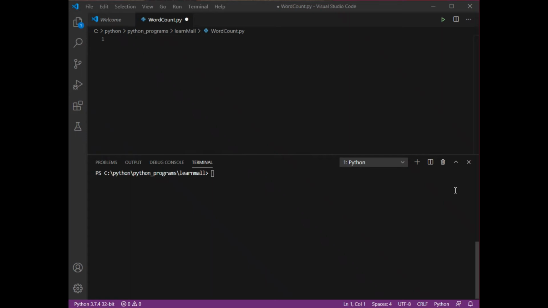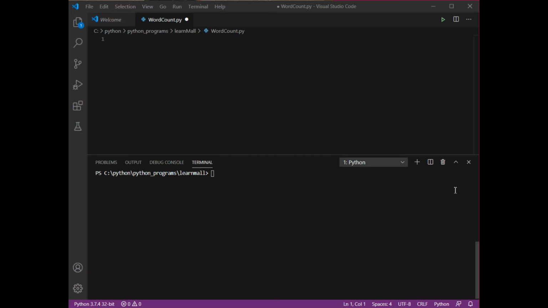I hope you have understood the basic concepts of Python that we have discussed till now. Okay, so now we are going to discuss some of the exercises that are based on the concepts that we did in our previous lessons. So first of all, we are going to discuss the letter count app.